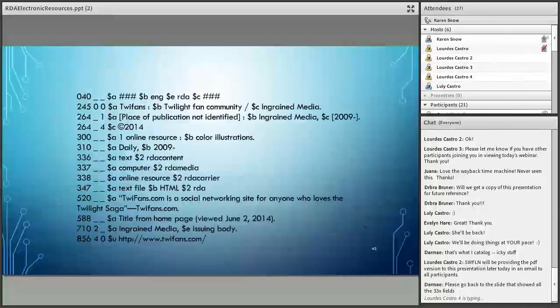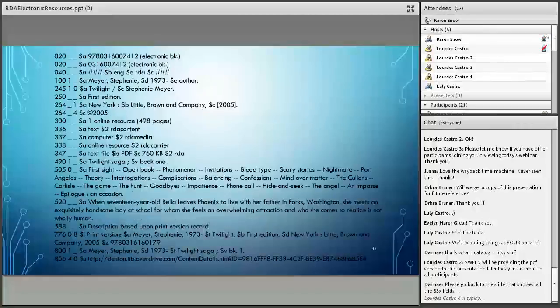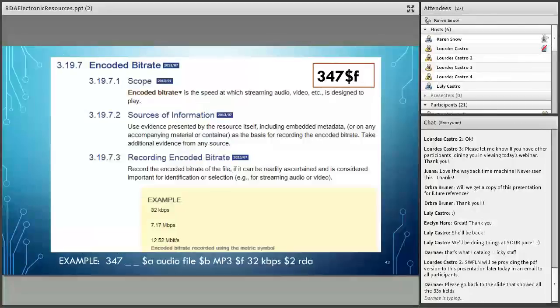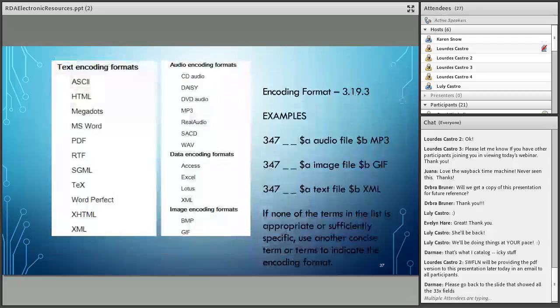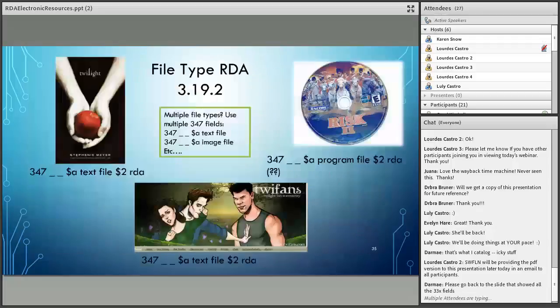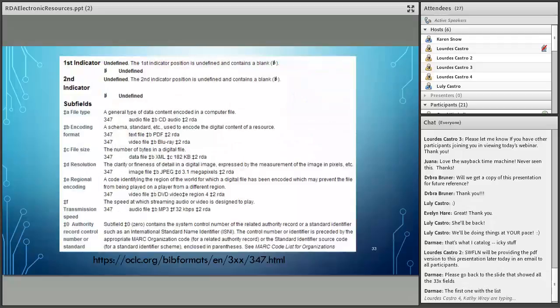Okay, all the three. Okay. Well, okay, Darme, which one? The one that had all the definitions? Hold on, I'm seeing the first one.